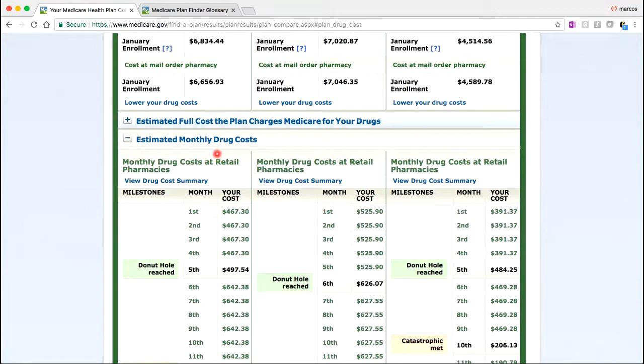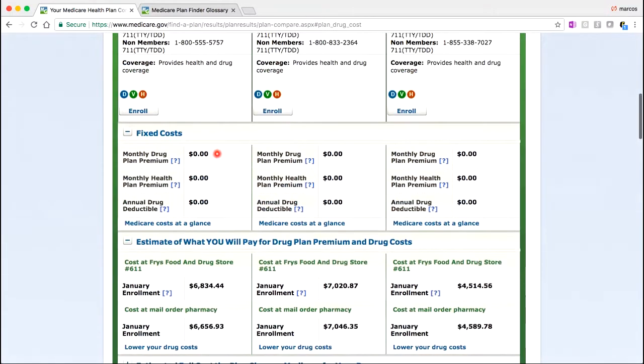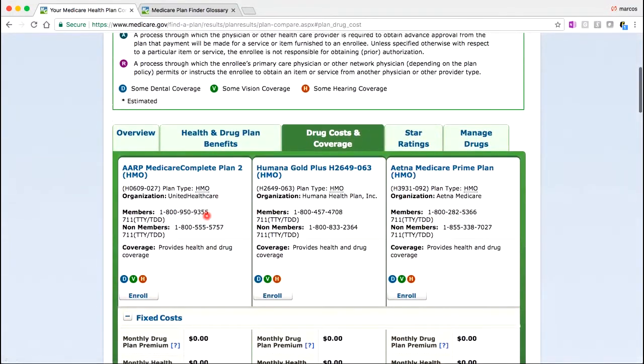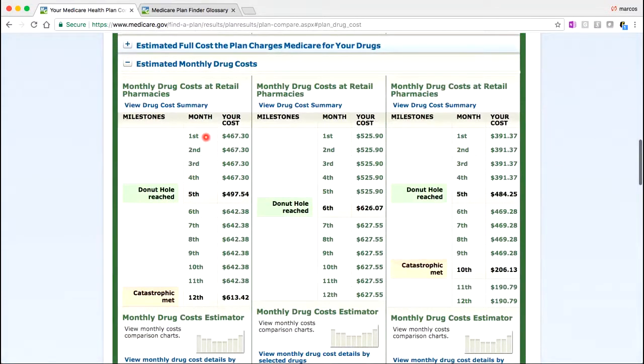So let's take this one right here. This is, let me make sure I got this, United, Humana, Aetna. Okay, so on our United plan, we're going to have our co-payments for all of our prescriptions reaching $467.30 up until the 5th month. We're going to hit our donut hole, and that's where the client will take over the majority of the cost, because that's the coverage gap, the donut hole. They're going to take on the majority of that cost for the prescription, depending on if they're generic or brand name. And as you'll see, a lot of these companies, they'll offer different